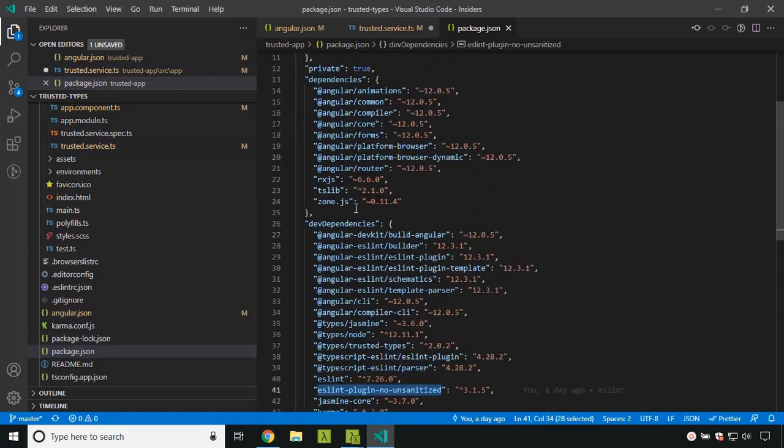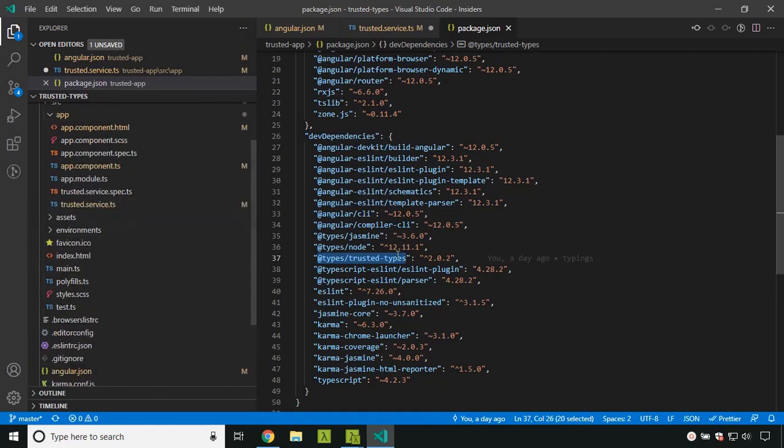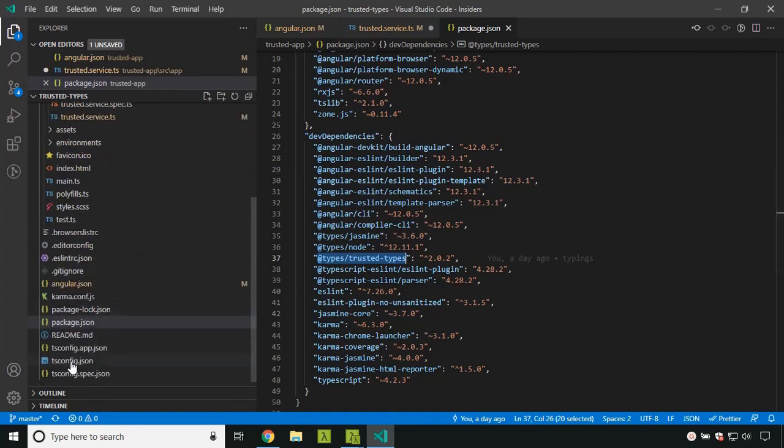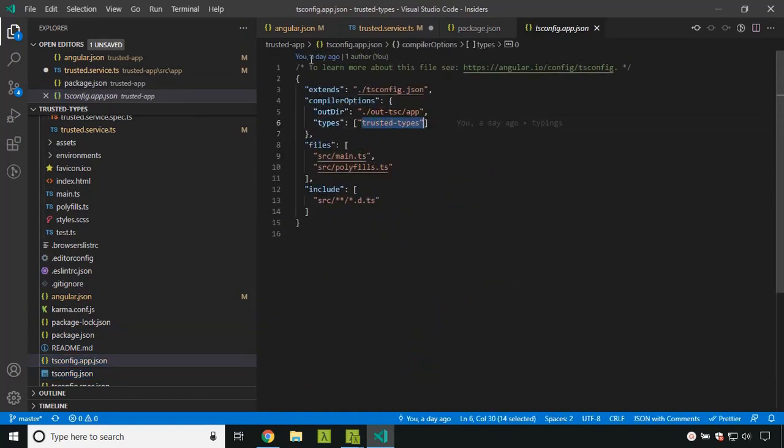So what I have done is I have installed this particular types package, trusted-types, and also in the tsconfig.app, I have added trusted-types in the types array. If you don't do this, you will not be able to access the type.